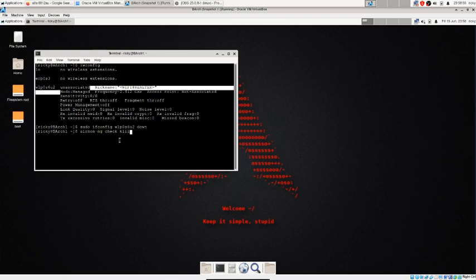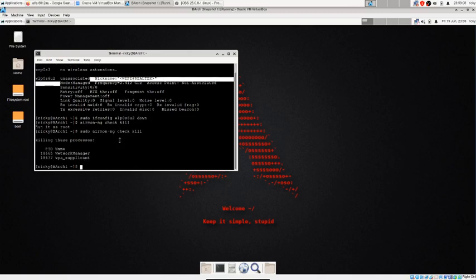If any process is using this card, we need to kill it. Sorry, run it as root. That's it. You see the PID, the process ID, and names. So this card is already used by two processes. One is NetworkManager, you can see that on the right-hand side. Another is wpa_supplicant, which is another network tool.